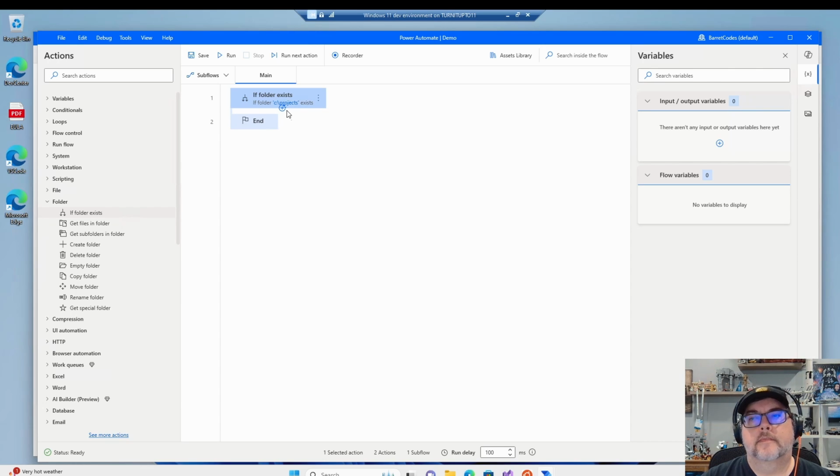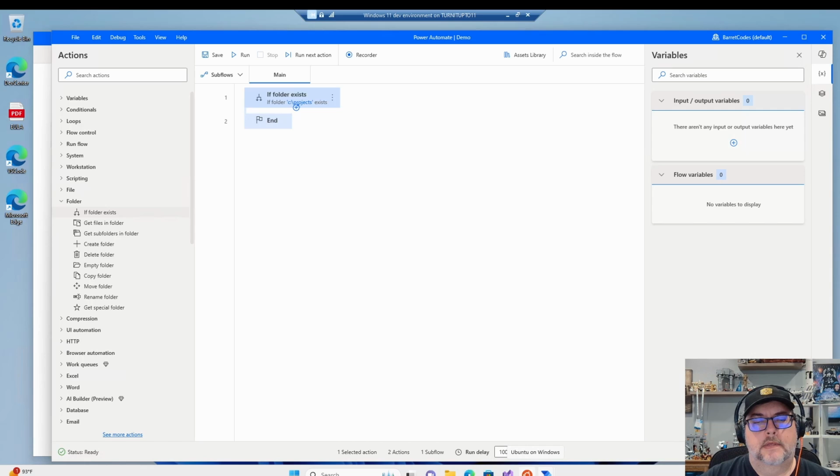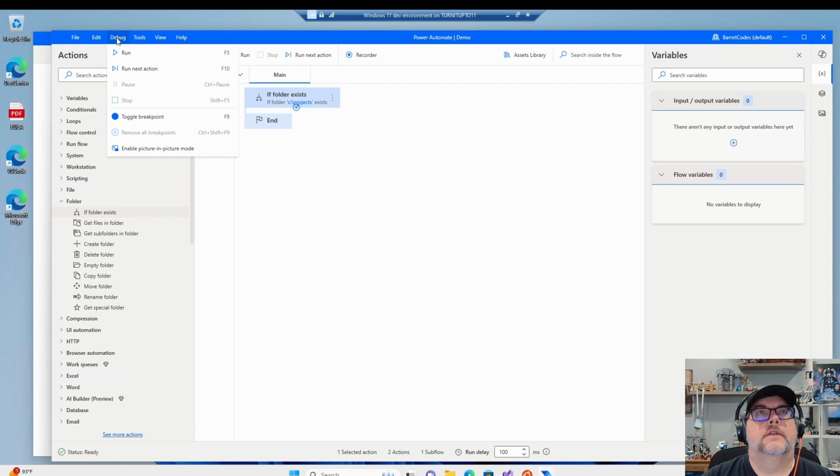And as you can see there, nothing happened. Well, I mean, it flashed for a minute. It actually did run, but it doesn't actually step you through it. So if you want to step through it, you don't see the output like you do with the Power Automate cloud version. So if you want to just step through it, actually what let's do is do the debug,